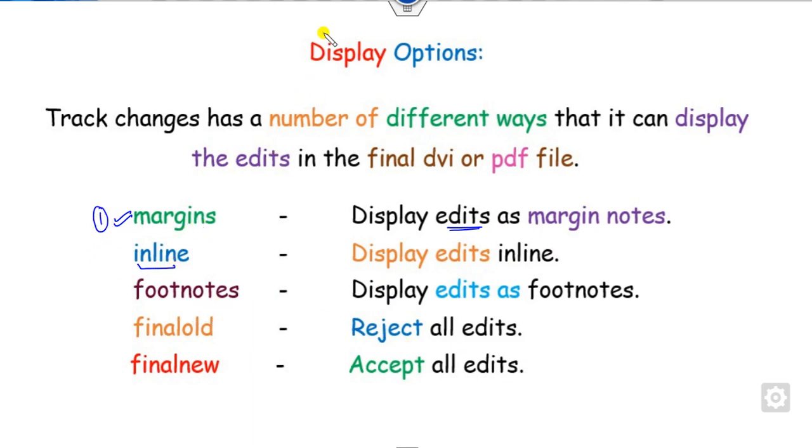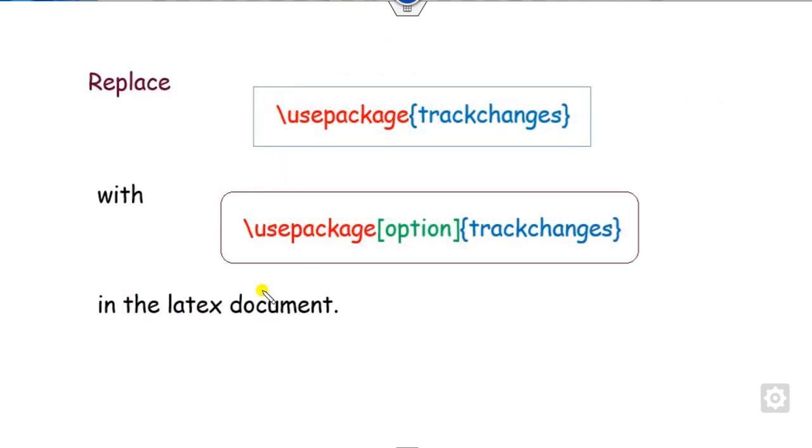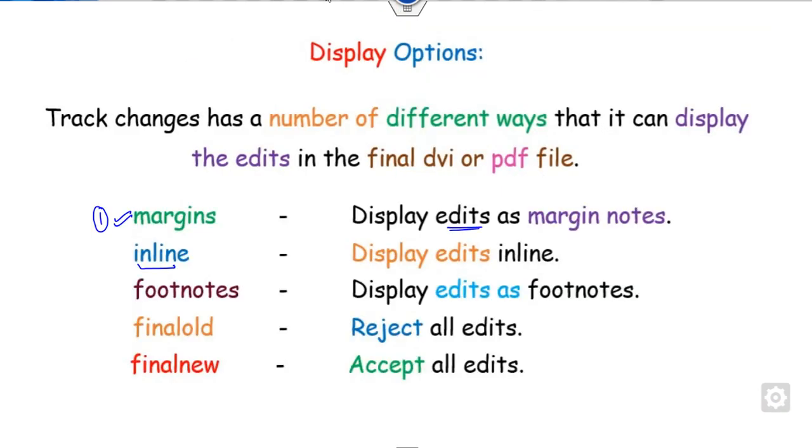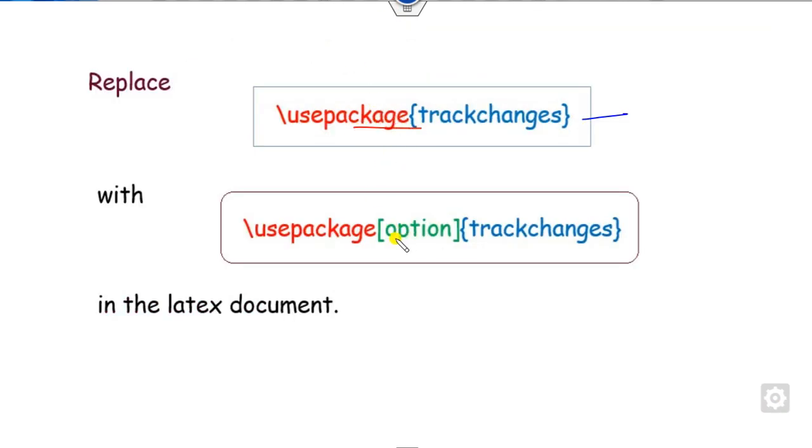So firstly, you have to look at the margin. What is that? Right now you can see I have used the package trackchanges. Instead of this, what you can do is simply replace this line with the option. So if you want to use the option, then you have to include this, otherwise not.